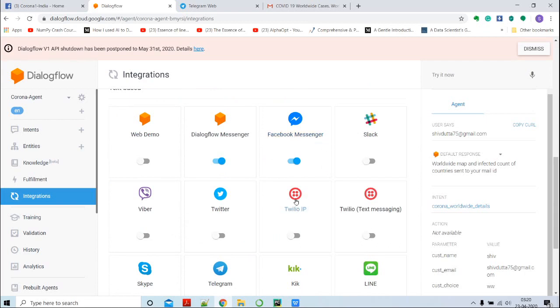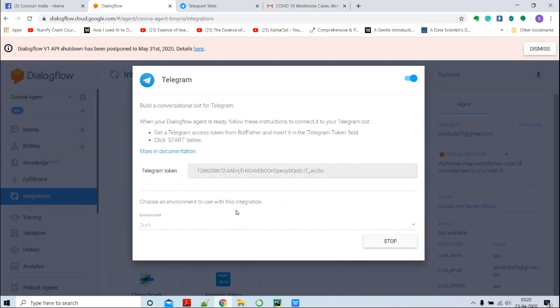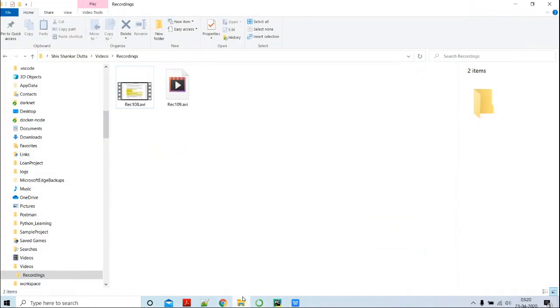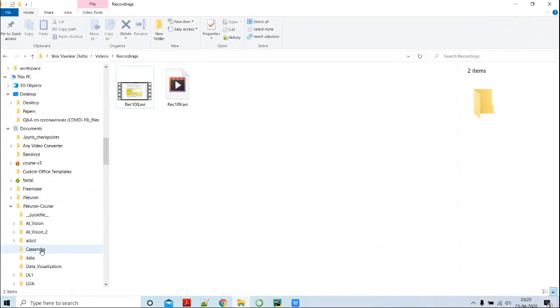Currently I want to integrate with Telegram, so I'll click on Telegram. This is the token ID which I got from Telegram. So how to integrate with Telegram? I'll explain that using this particular document.